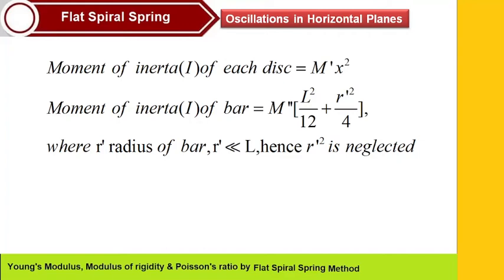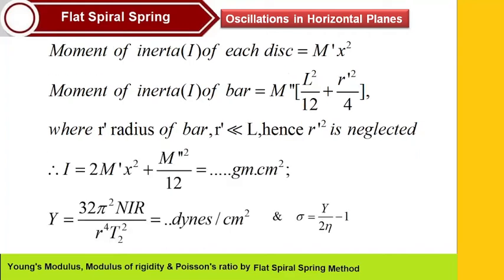Hence r dash square is to be neglected. So therefore capital I is equal to twice capital M dash x square plus capital M double dash L square divided by 12 is equal to dash dash gram centimeter square,